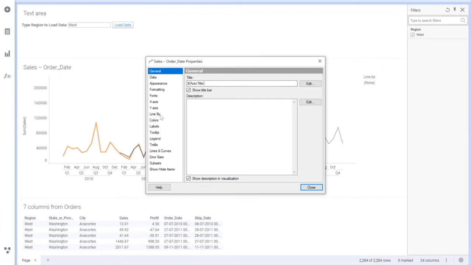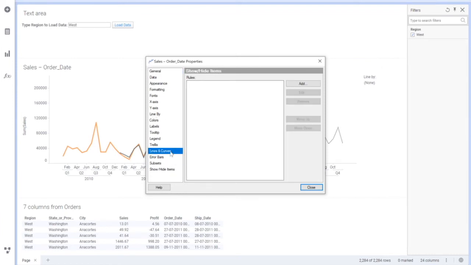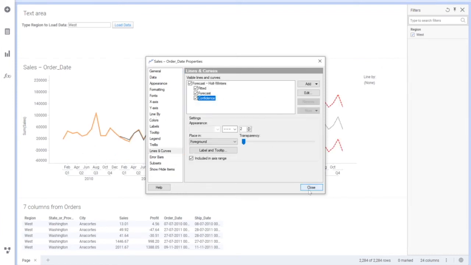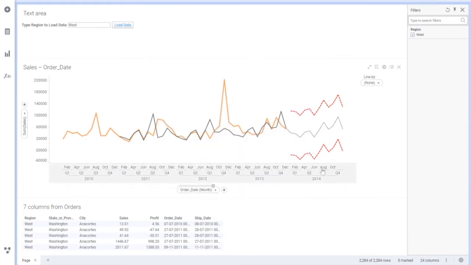And let me just check it, lines and curves. Yeah, confidence also. So here you have all forecasting for the next 12 months. So we have data for 10, 11, 12 and 13, and you got data trends for 14. So the data that you don't have in your data table, you're getting trends, the forecasting for sales for the next 12 months. Now let's say some people want to see for 12 months, some people want to see it for 6 months, some people want to see for, let's say, 24 months and so on. People like to have their different kind of analysis.